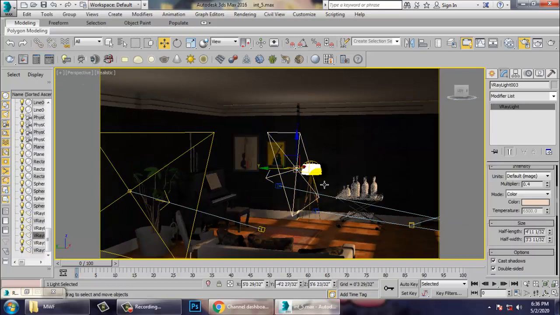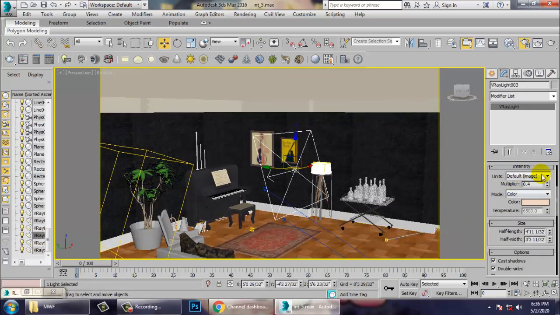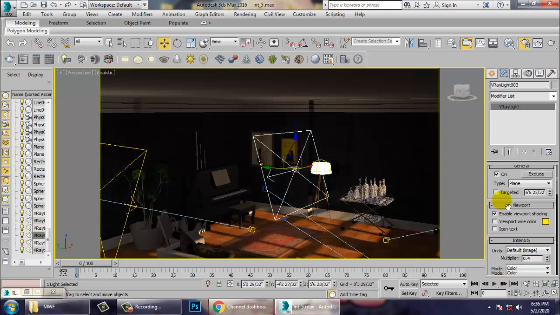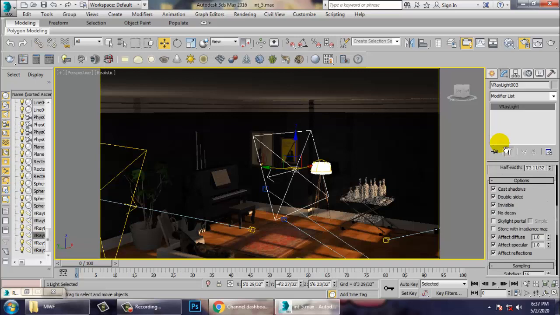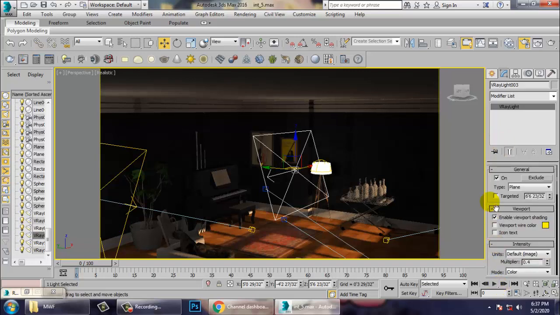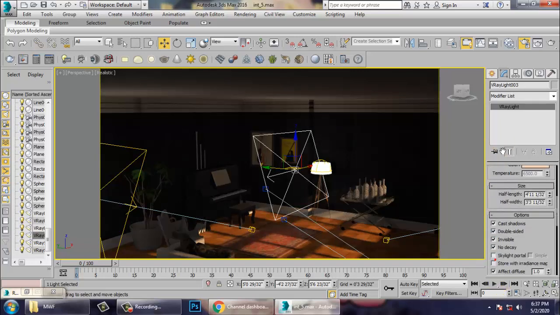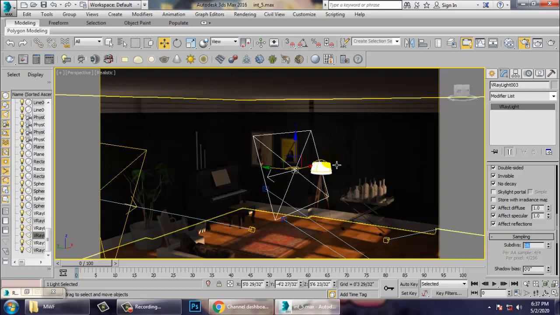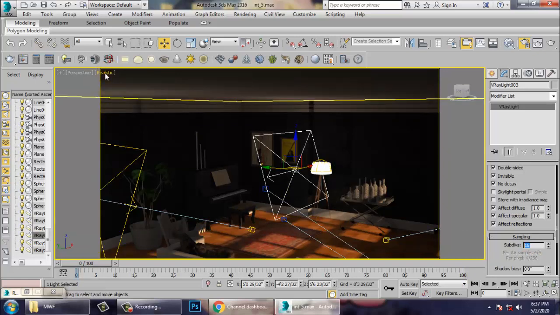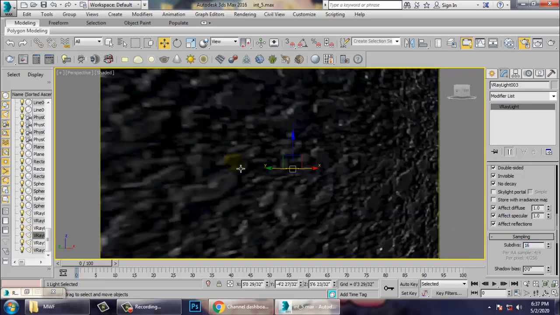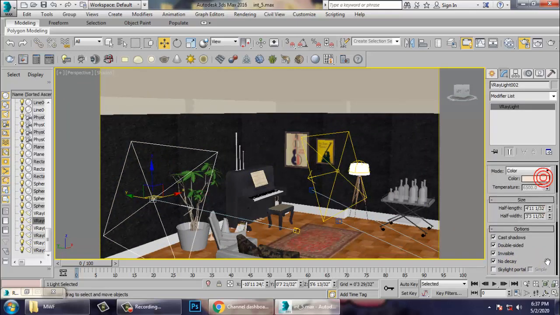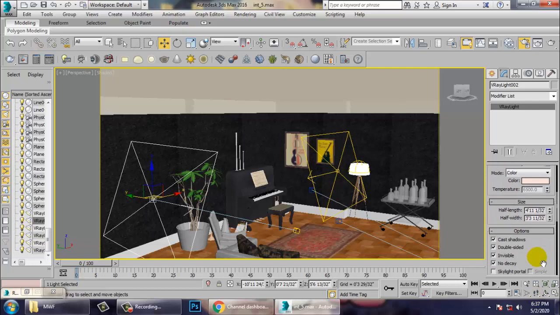Very first of all, we will be working with the intensity over here, and also we have one option over here, increasing the light samples. I can increase the samples of the light, you can say your subdivisions. So let's make it 16 subdivisions over here. For now, I'll just make it shaded over here. I have just changed the intensities of the light and increased its subdivisions.